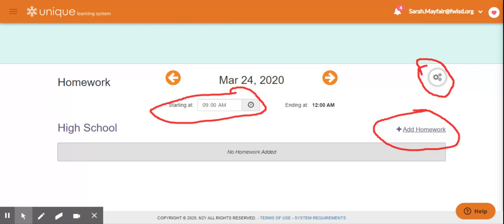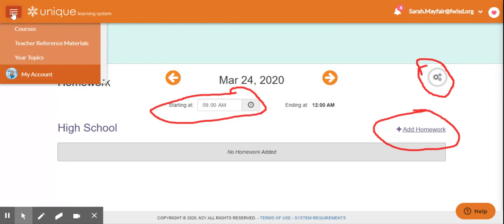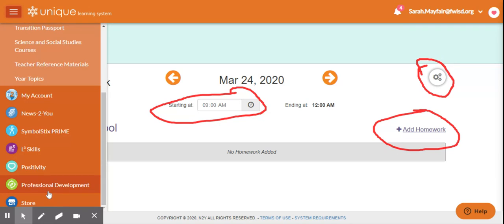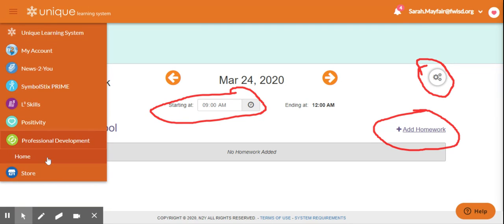If you have any questions, please reach out to me either through email or call me, text me, and I'll walk you through setting up homework. But your students will have to have classroom logins set up as well for themselves. So you have to have those student login profiles done, completed, and you'll need to generate a username and password for them as well. So if you go back to this left-hand tab, go under Professional Development and click Home,